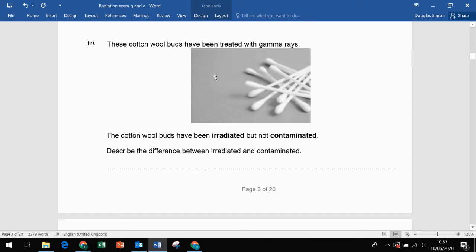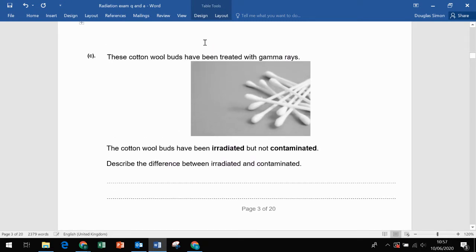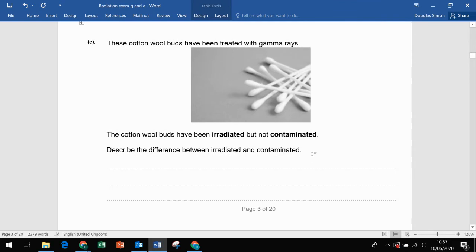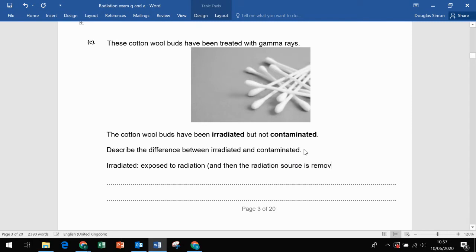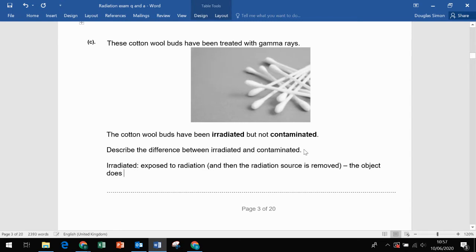Part C, these cotton wool buds have been treated with gamma rays. The cotton wool buds have been irradiated but not contaminated. Describe the difference between irradiated and contaminated. So irradiated, exposed to radiation, and then the radiation source is removed. The object does not become radioactive,